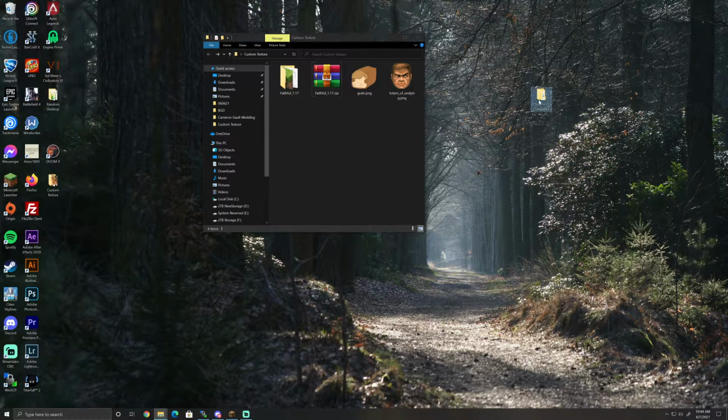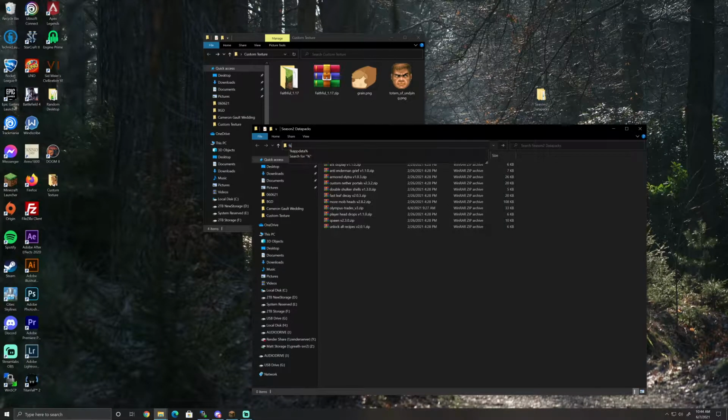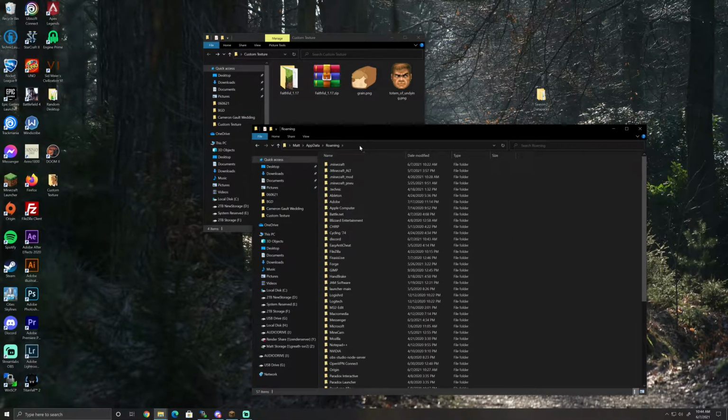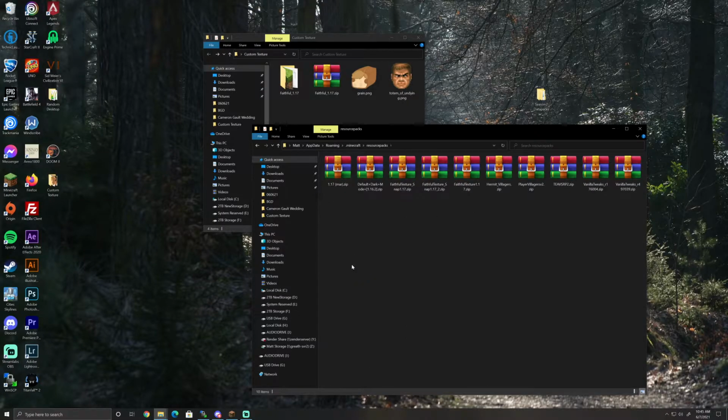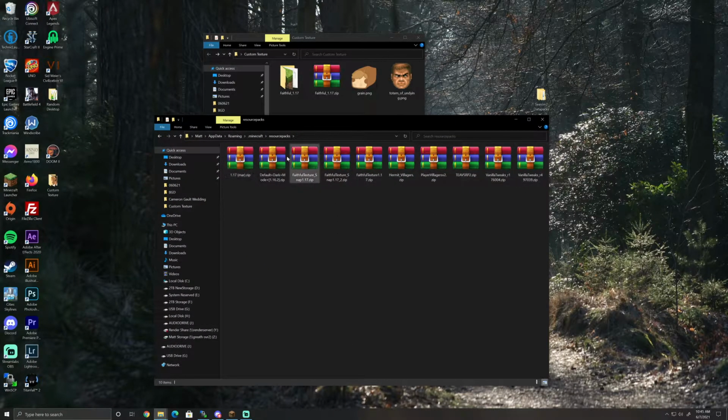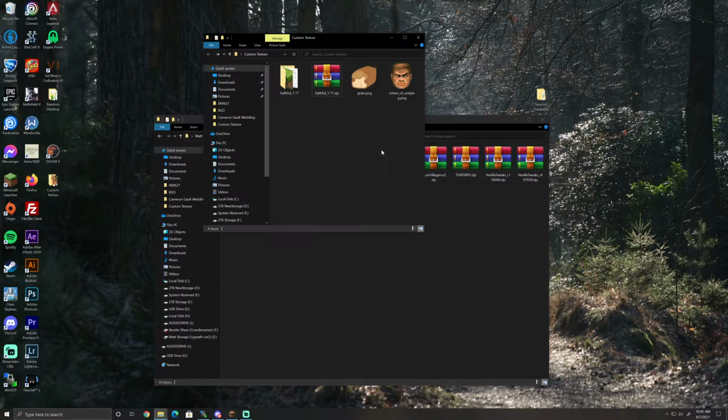And then what we're going to do is go to %appdata%, Minecraft, or .minecraft specifically. And then I'm going to look down here for resource packs. Now this is where you can put your resource packs that Minecraft can use. So I'm going to open up resource packs, and you can see all the resource packs that I had in the game there. Now I'm going to take this faithful